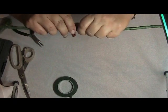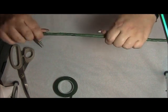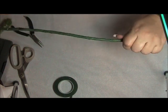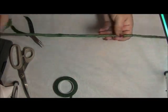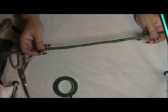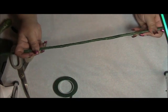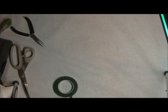I'm not worried if a little bit of my tissue paper shows up, because I will be coming back later on to make some leaves, and I'll be rewiring this. Rewrapping it. So I think this stem looks amazing, and it gives me the flexibility that I want without having it to be so stiff. All right, now